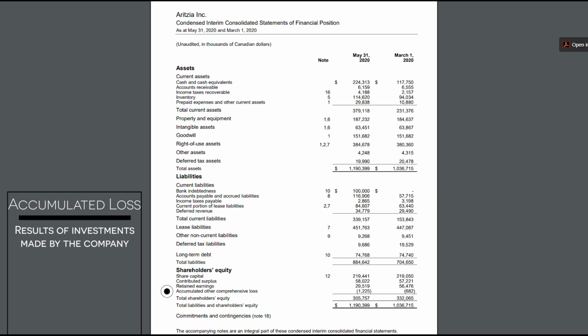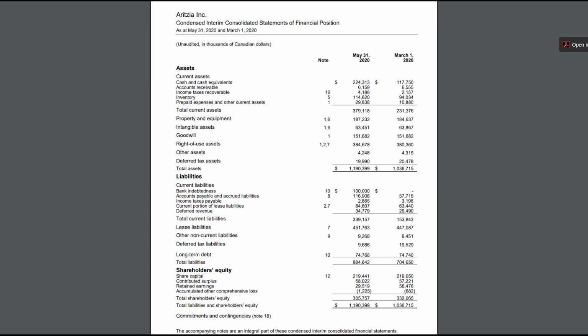So these losses or gains are a result from particular investments or hedging transactions the company has made. And as an end result, they've either lost money or gained money. So as an end result, we add up the share capital, the surplus, the retained earnings, and the comprehensive loss, and we have a total shareholders equity of $305,757,000. So essentially right now, Aritzia shareholders, after all debts are paid by the company, we get to the end of this balance sheet, have a claim of